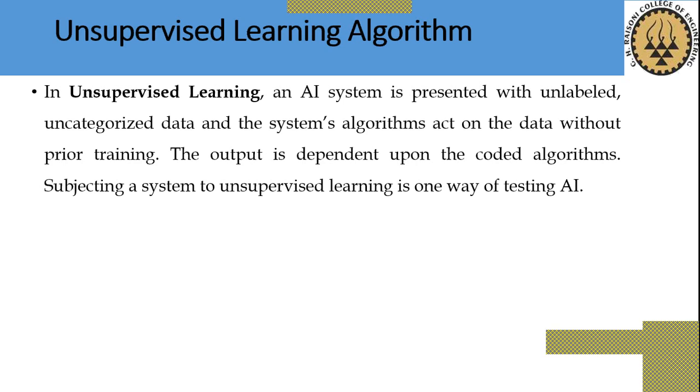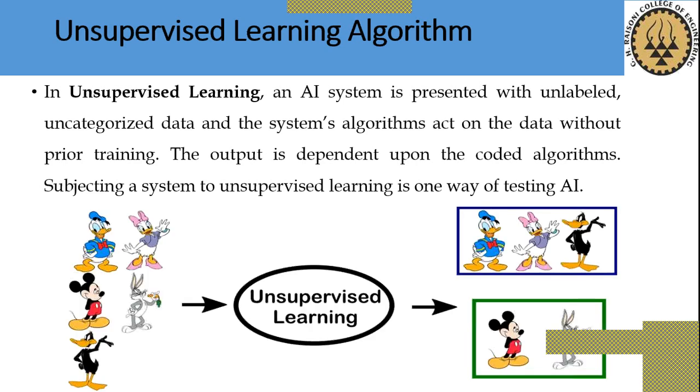So in unsupervised machine learning, the AI system must have unlabeled, uncategorized data, where the system algorithm will act on the data without any prior training, and it will give the output. So let's consider an example,